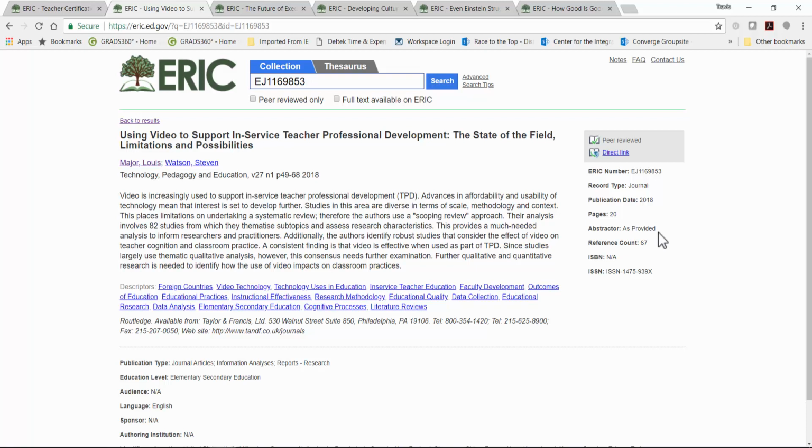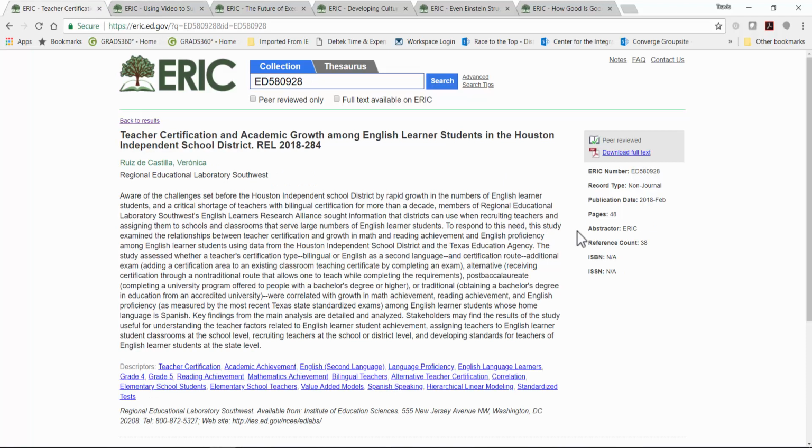If, however, let's go back to this record and look at the abstractor, it says ERIC. That designation is used when no abstract was provided and ERIC's staff had to write one, or if there had to be significant information added to a publisher as provided abstract.